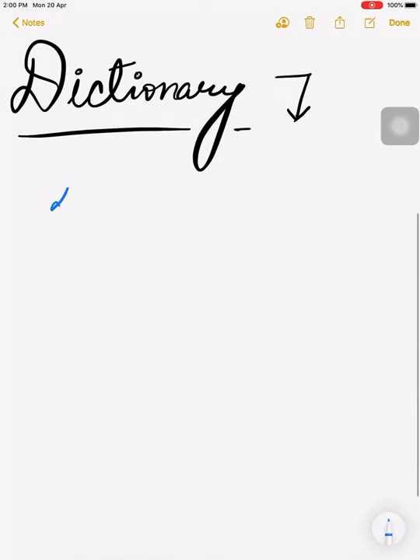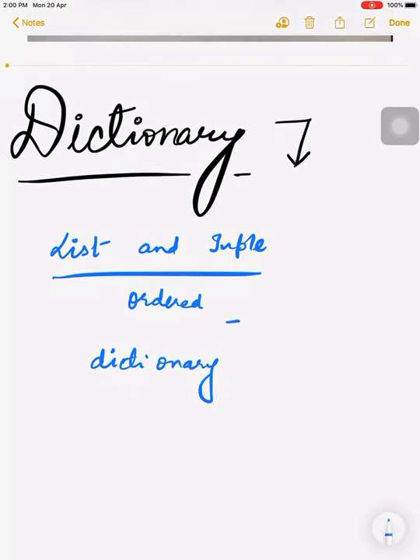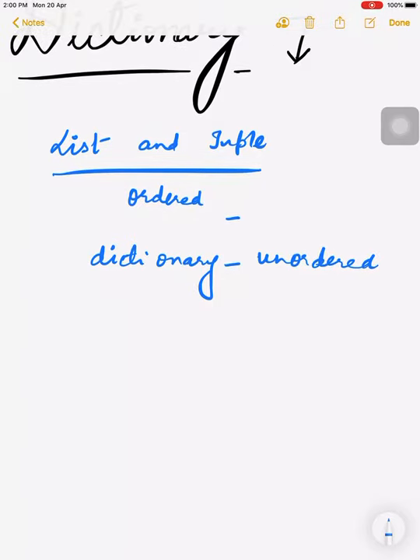So first of all, what is a dictionary actually? A dictionary is also a collection of values as well as keys. As you know, the list and tuple which we studied earlier are ordered sequences, while a dictionary is an unordered sequence.